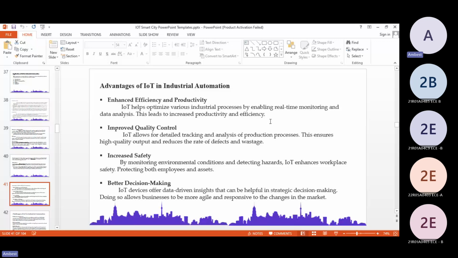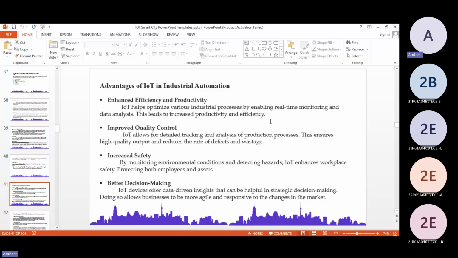So in this decision making, there are going to be some leading points of strategic decision making. So by doing this, it allows the business to be more responsive to changes in the market. So better decision making is a strategic thing of decision making itself. So this is going to take the business strategies to another level.